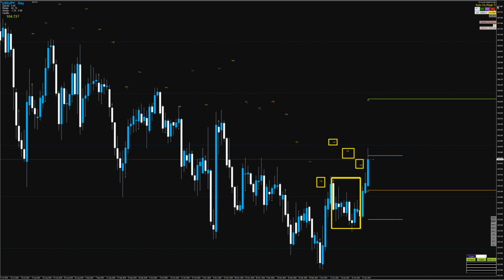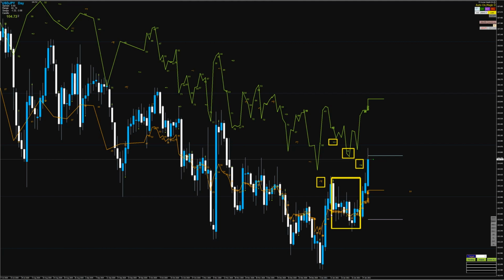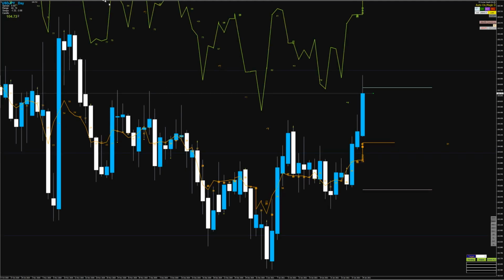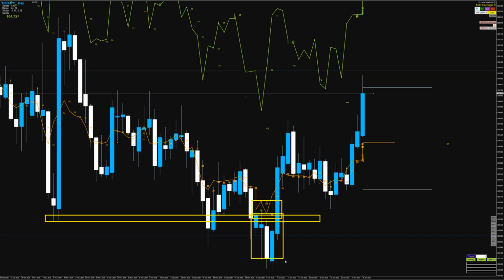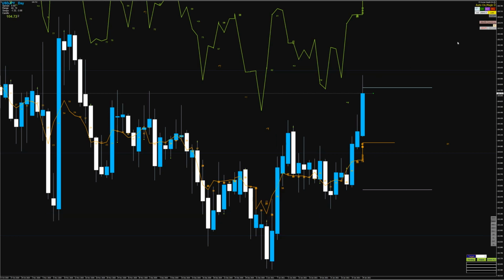Look what the retail is doing. This is a nice scenario, right? So the banks have been buying and the retail was shorting, right? If I make it quite bigger, we will see it better. So look, the retail is shorting right now 30%, and here they've been shorting much more. Why? Because they shorted this break, right? And this is where they get into the trap. They short it, so one side is shorting, the other side the banks can be buying. And we actually have the evidence that they've been buying.